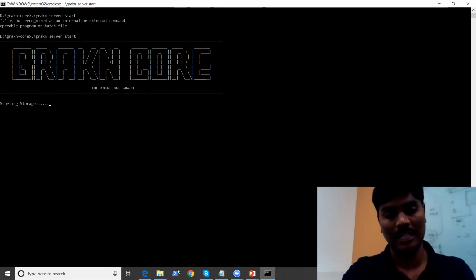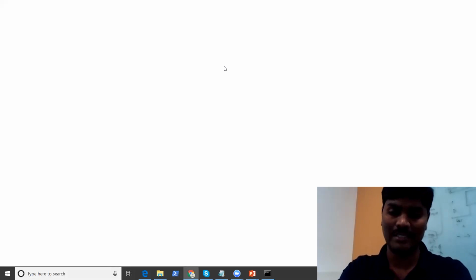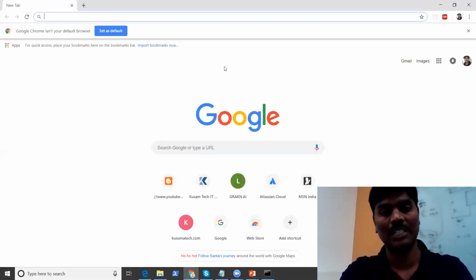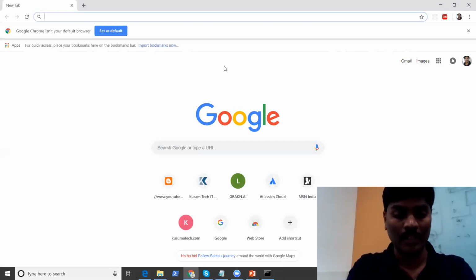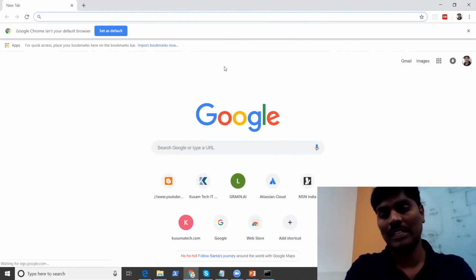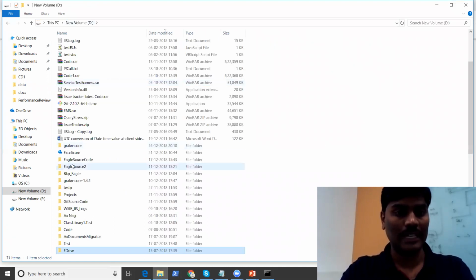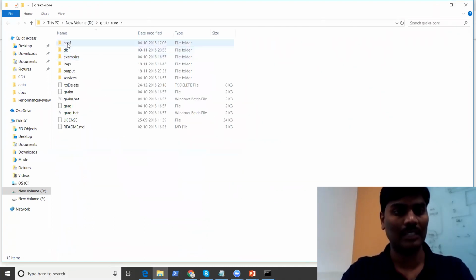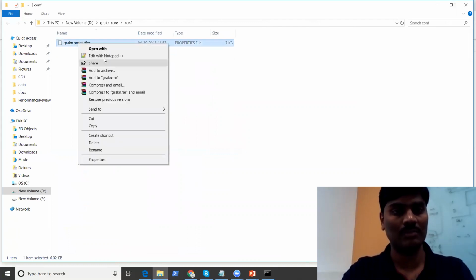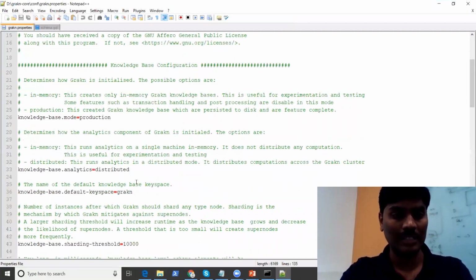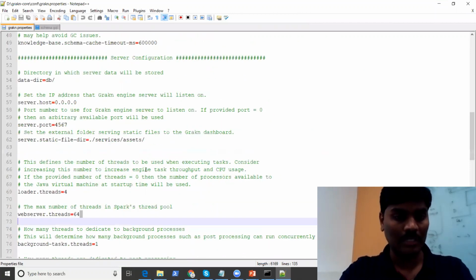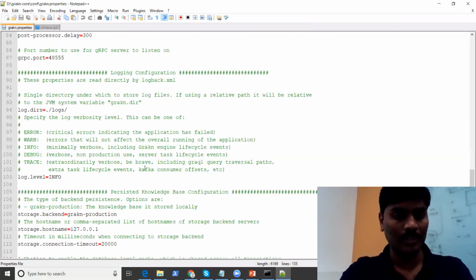Once it is up and running, we'll browse the Kraken database using port number 4567. As I told you in the earlier session, this is the default server port number binding for the Kraken database, and if you want to change it to a different port number, you can change it as per user convenience. For that, as I told you, go to this Kraken setup, and we have a config folder. In this Kraken properties file, we have default properties, and if you look at the property regarding this port number,